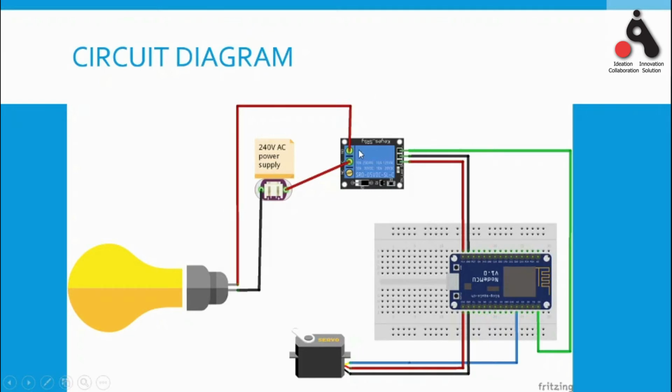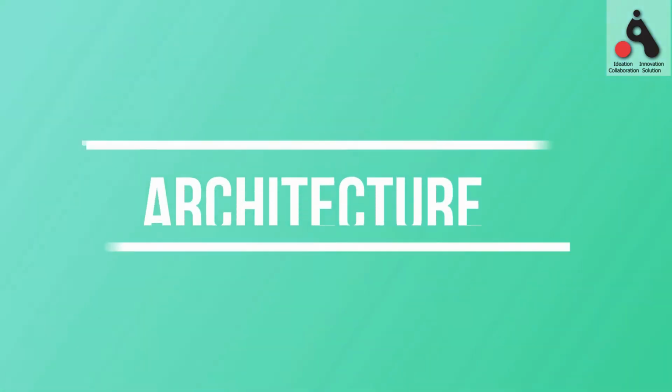So it is basically an electromechanical switch inside. You can see that it is NC, we have NO, and the middle one is common. So the circuit diagram is quite simple and the working is not that complicated either. The main part is the configuration of IFTTT, how we are going to write code for this, and Adafruit.io.